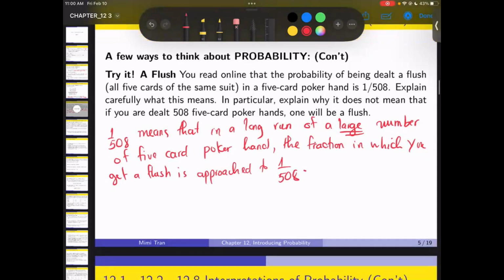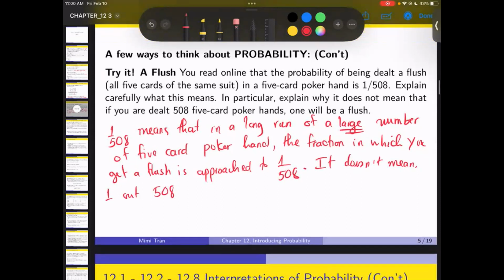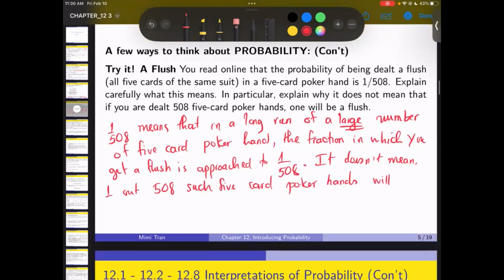Maybe we will write a little bit more. It doesn't mean 1/508 such five card poker hand will yield...